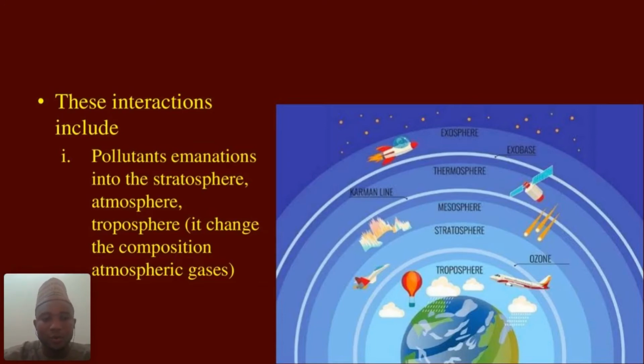All this causes changes in the composition of gases that are there in the atmosphere. We know after our atmosphere, the next layer of the universe is the troposphere, and the next after the troposphere is the stratosphere. Within these three layers, there exists an ozone layer, which protects us from the excessive radiation that comes from the sun and other radiation that may be very harmful to human beings.